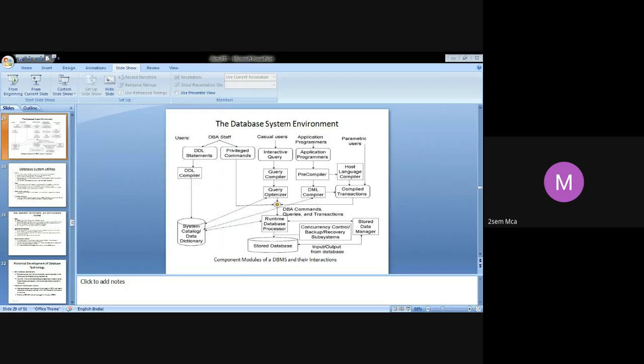You have, for example, a CASE tool for designing the database. You have a CASE tool for generating the reports. You have some CASE tools for optimizing the queries, and CASE tools for analyzing the requirements. So like this, we call it an analyzer, a report generator, a query optimizer. There are names given for the tools depending on what functions they are trying to do.